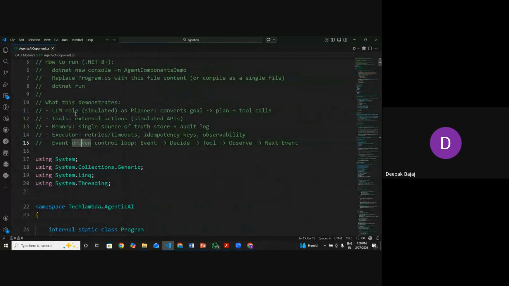LLM roles are simulated as a planner, which converts goals into plans. Tools are external actions, simulated APIs that do specific tasks like fetching user information. Memory is a single source of truth, a store plus audit log, so that we can store and memorize things and complete tasks. And the executor handles retries, timeouts,